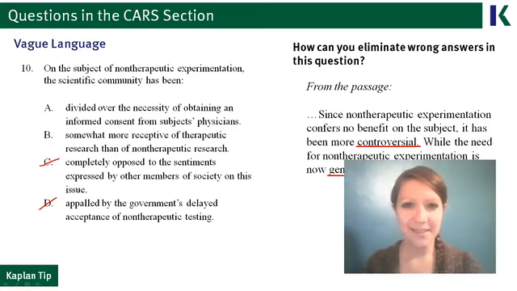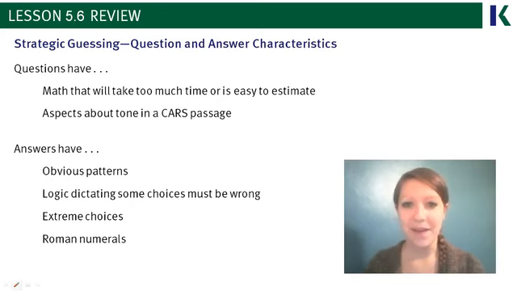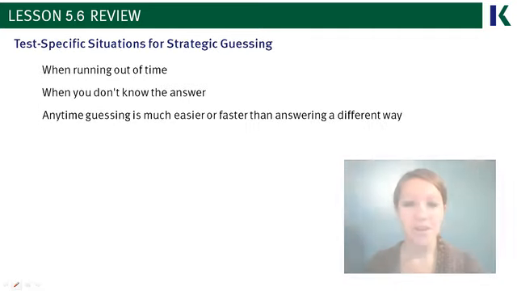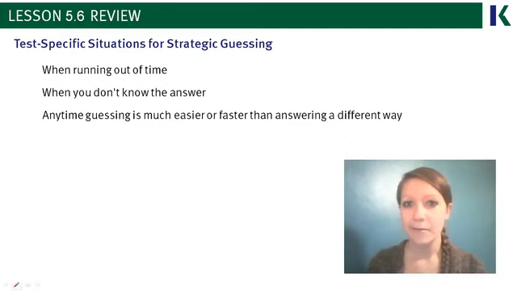So there you go. If you're stuck on the test and you have to make a guess, now you know several different strategies that you can use to get closer to the answer and increase the probability that you're going to get that question right. This review covers some aspects of questions and some aspects of answers in which strategic guessing is going to give you a little bit better of a chance of getting the correct answer. Further along in the review, you see that there's test-specific situations like running out of time or guessing would get you the answer faster. You can also look for when you're making those decisions to strategically guess in the test.